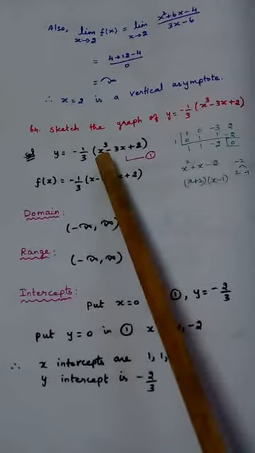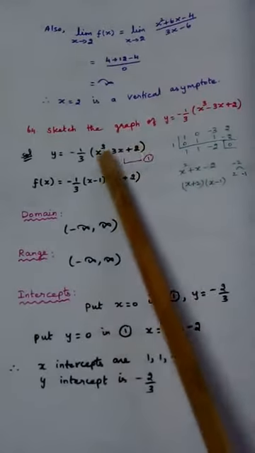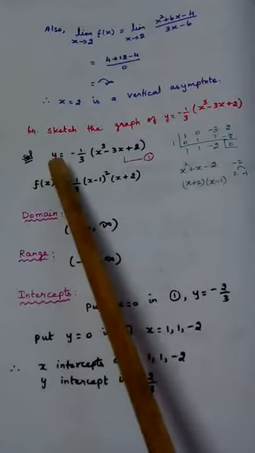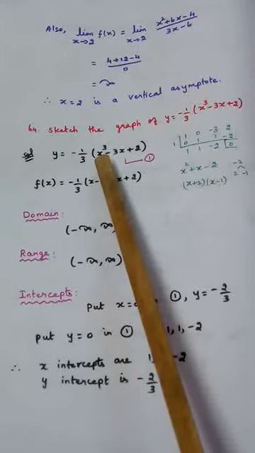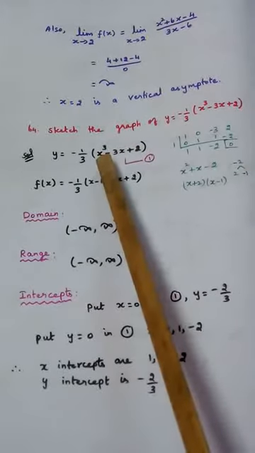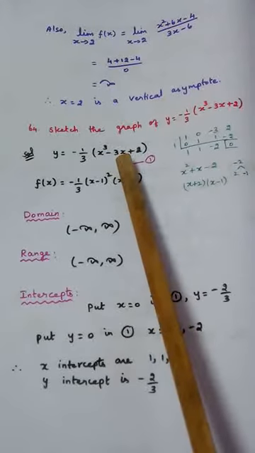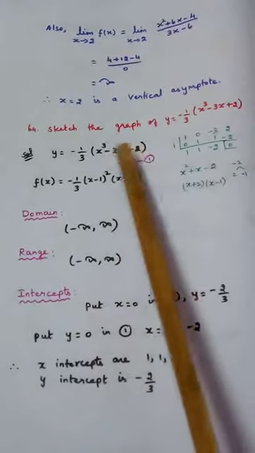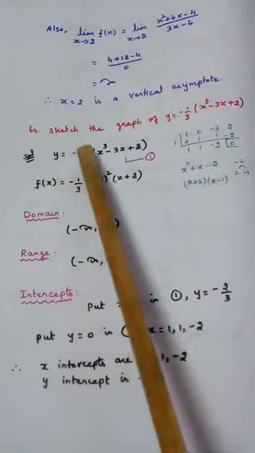Now suppose I put x as 10. What happens here? 1000 minus 300 plus 2 is some positive number, and since the negative sign is present before, the answer will be negative. So y can take negative values. Suppose I use 1 here: 1 plus 2 is 3, 3 minus 3 is 0. If I take minus 1, minus 1 plus 3 plus 2, that is 5, 5 minus 1 is 4. This is a positive number.